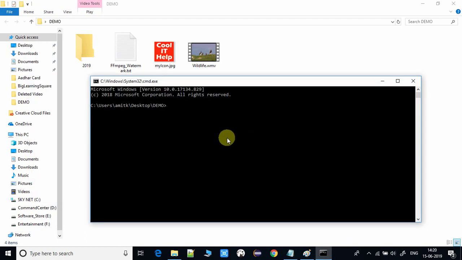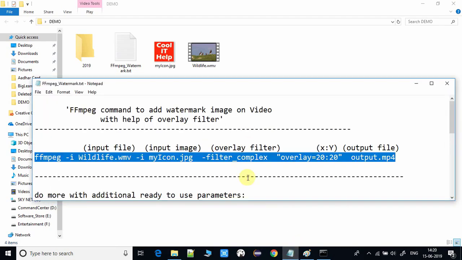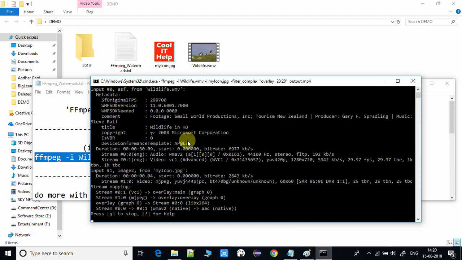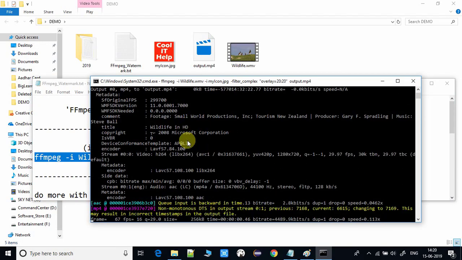Okay, now just wait. Here we go. You can see processing has just started, and it keeps going. So meanwhile we have to wait until it completes its processing. After that, I will open the file and show you where the icon is placed.